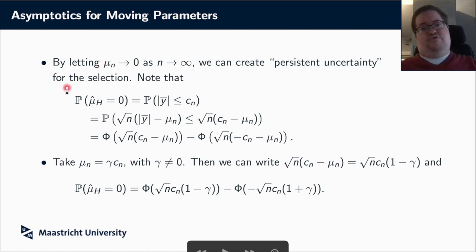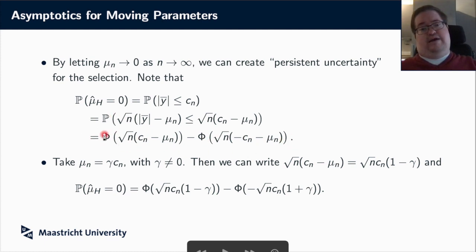Now, what we're going to do is first focus on the probability that we indeed set our estimator equal to 0. That is what we're going to first have a look at. Well, this is what we already, of course, looked at. When do we set the estimator equal to 0? Well, whenever |y bar| is smaller or equal than Cn. So let's rewrite that statement here